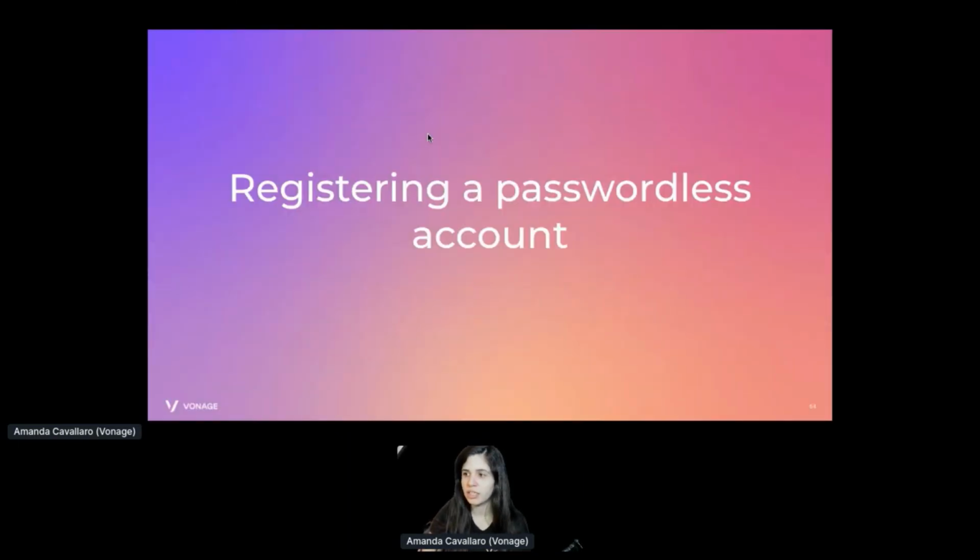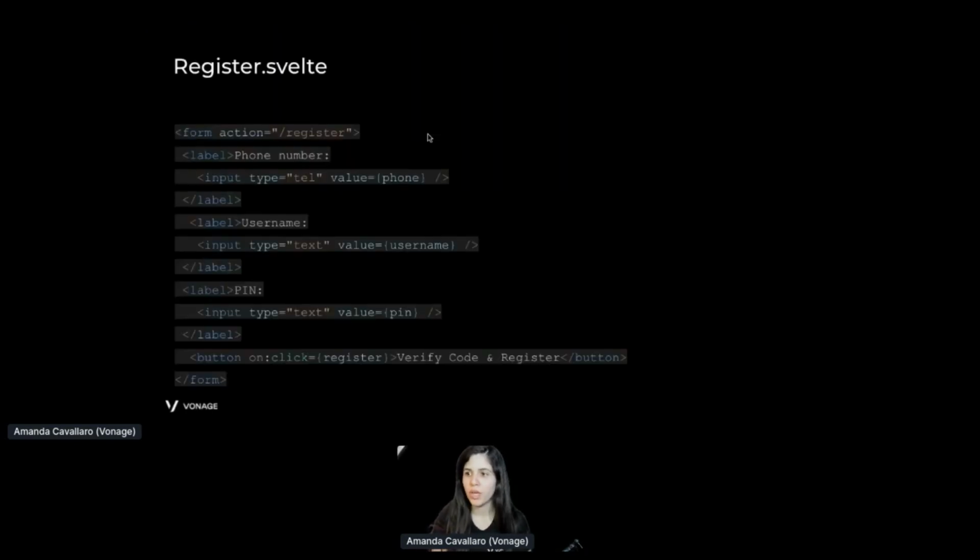So to get started, we're going to register a passwordless account. We are going to need three fields here in the front end. The first one is the phone number. The second,